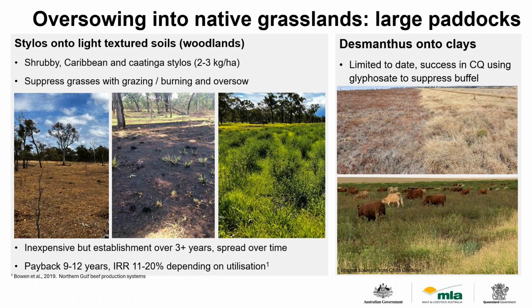Right, now, the oldest method to establish legumes in the dry tropics is simply to broadcast seeds after a fire and before the grasses come away with rain. Sometimes we might broadcast seed with a ground rig or a chopper, but increasingly we're using drones, and we'll be doing some of that work next week up here in the north. The broadcasting after fire method has been used to establish stylos successfully now for 50 years. It's cheap, but the rate of establishment is very slow. You get a small proportion of plants surviving and germinating,